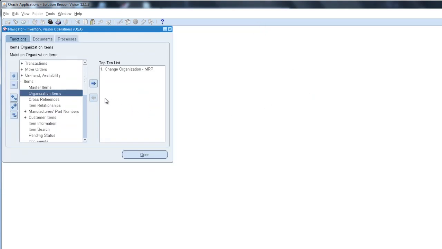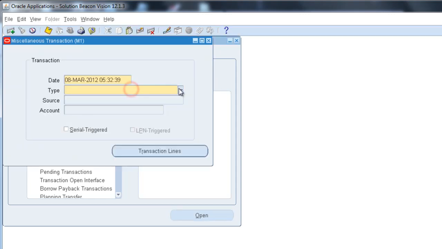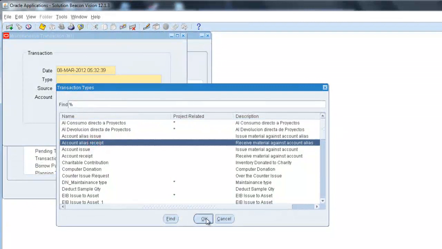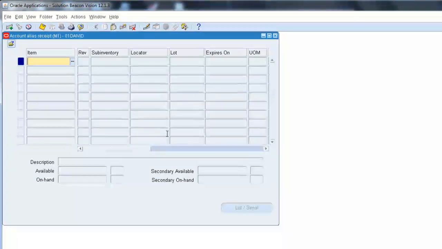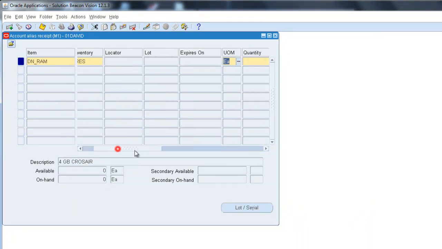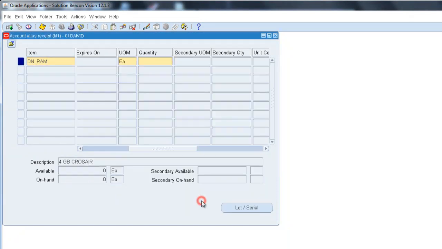So now, let's go see how that's going to work with the transaction. If we were to go to, say, a miscellaneous transaction and perform an account alias receipt, just so that we can see how serial number control would work in a receiving situation, we can go into our transaction lines, input our item, input the sub-inventory we wish to receive it, put in our quantity. In this case, let's put in a quantity of 2,